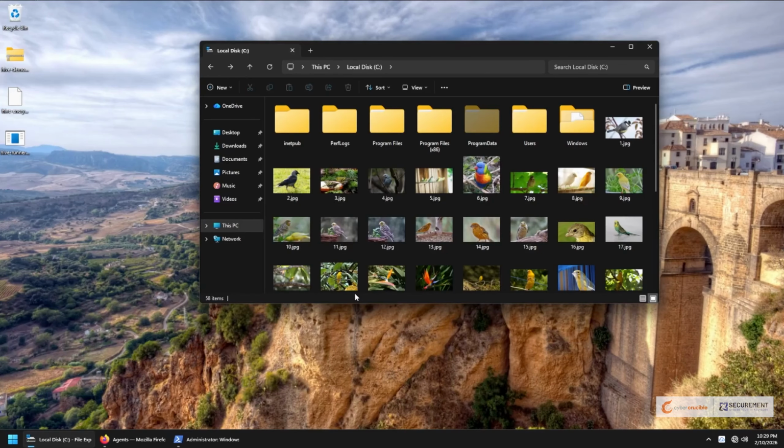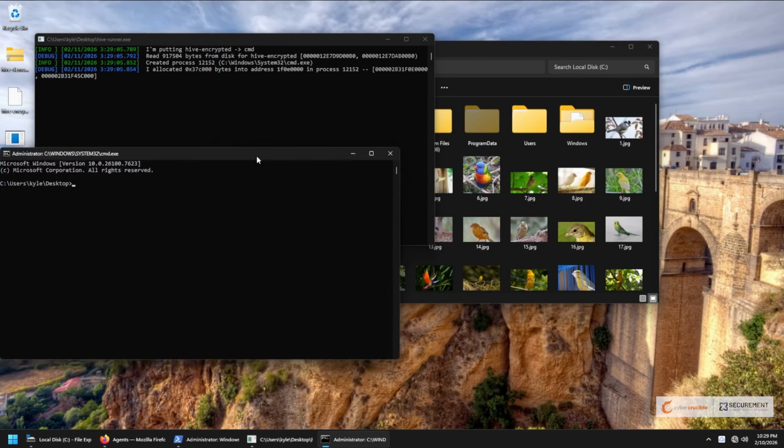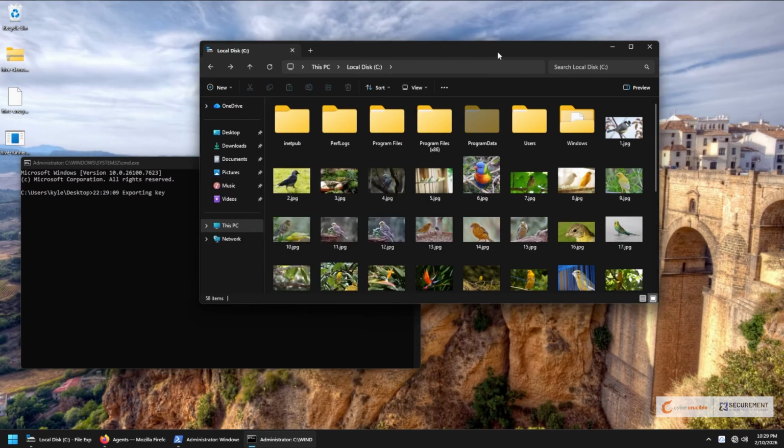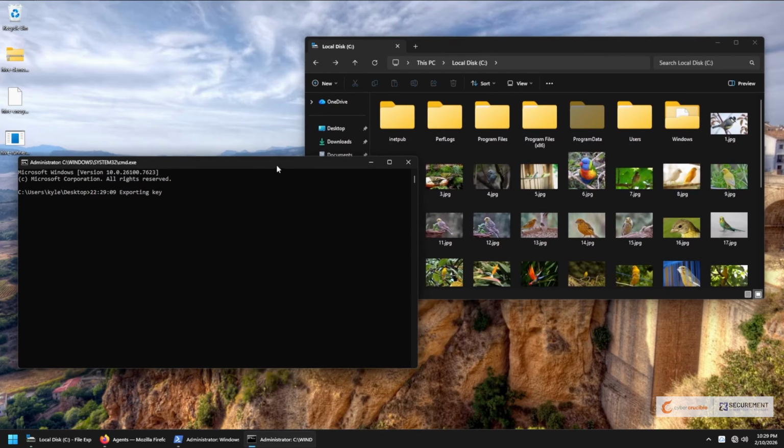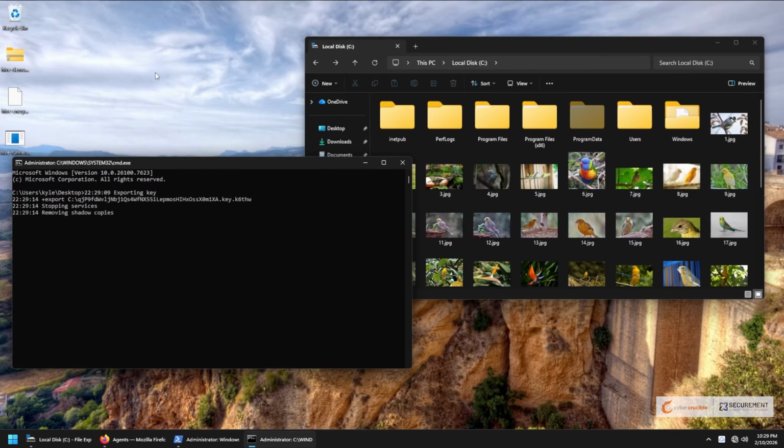This sample actually creates a couple of command prompts here while it's running and actually starts telling us what it's doing while it's doing it, exporting key, and it'll go down a couple of lists. This sample of Hive is actually a couple of years old at this point. I believe it's from 2023, maybe even earlier, where it was used successfully against a hospital system in the United